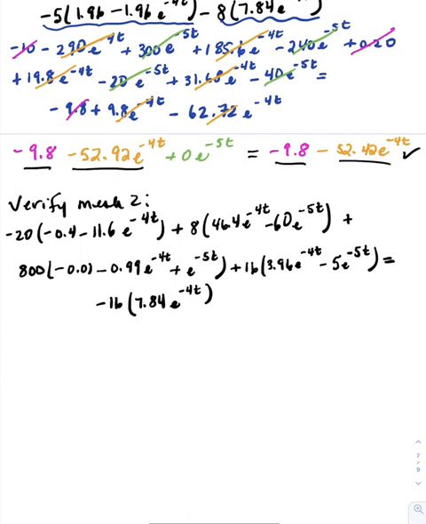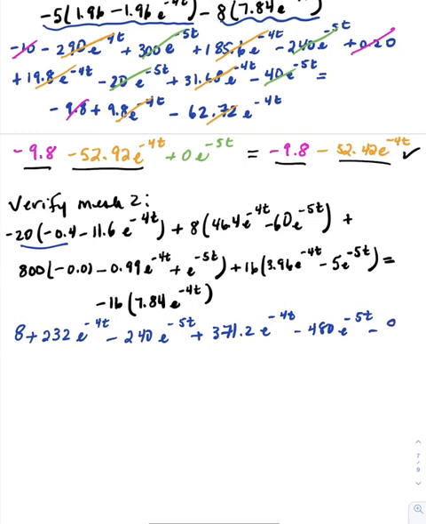So minus 20 times minus 0.4 is 8 plus 232, excuse me, e to the minus 4t minus 240 e to the minus 5t plus 371.2 e to the minus 4t minus 480 e to the minus 5t minus 8 minus 792 e to the minus 4t plus 800 e to the minus 5t